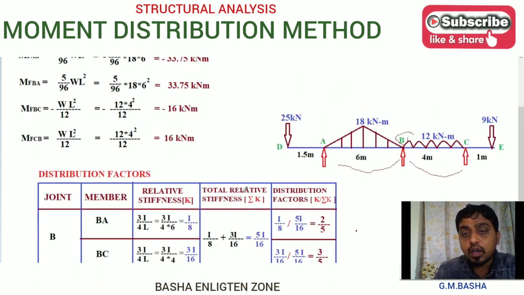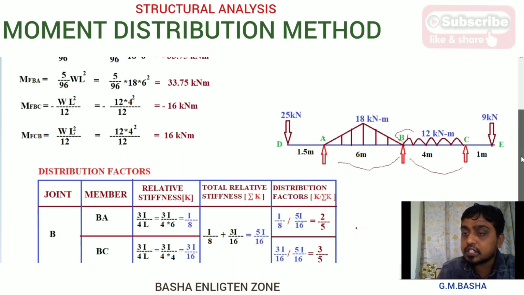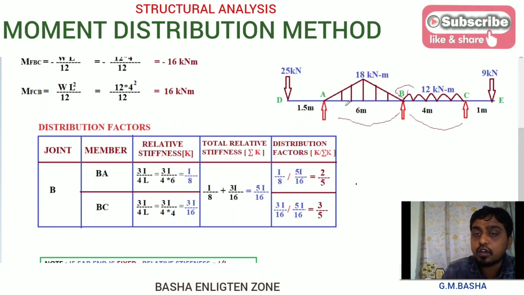So already I showed, after removing the moment, you will get a simply supported end at that position, but there will be balancing moments. So based on that condition, you can take down here also 3 by 4 times of I by L. So I am at the B and I am looking at A. So A is the far end, which is in the overhanging position. So based on that condition, you take down that one as 3 by 4 times of I by L.